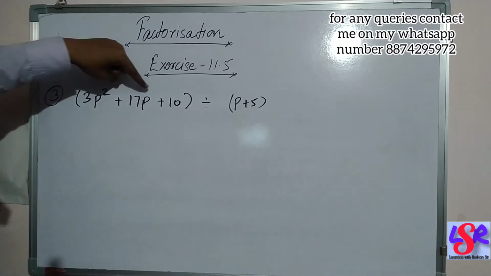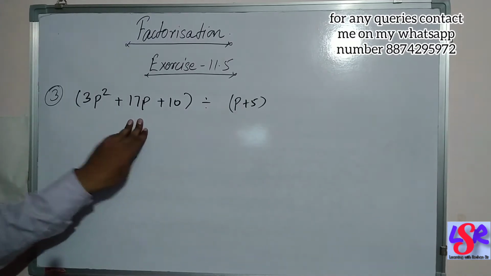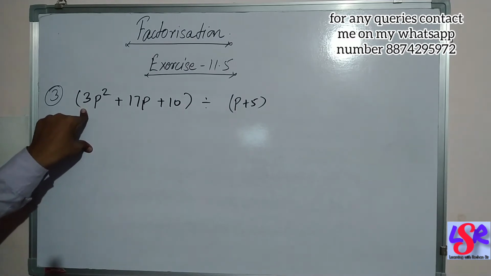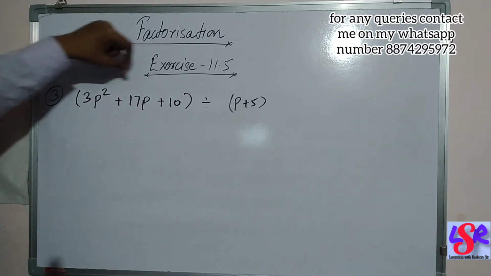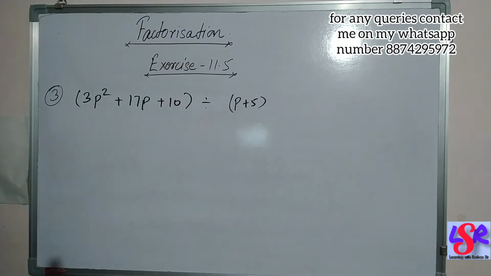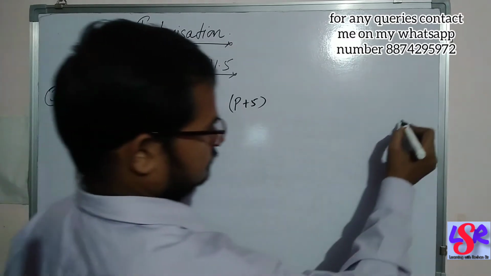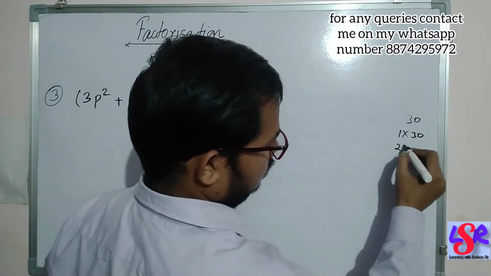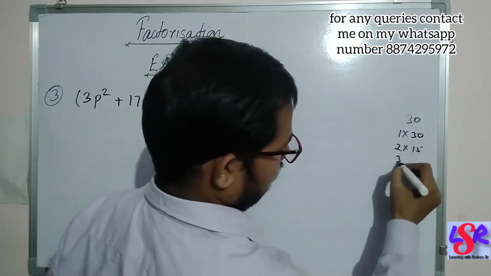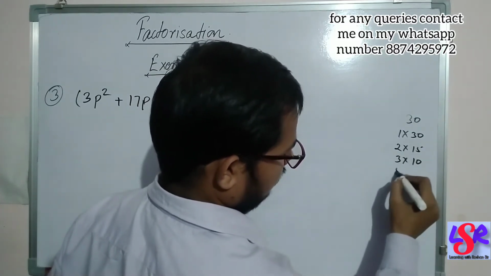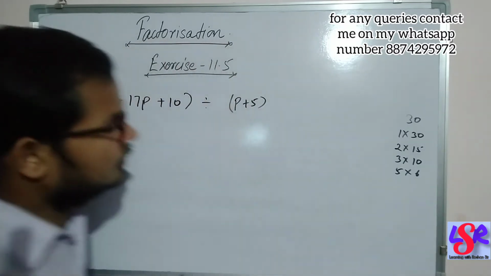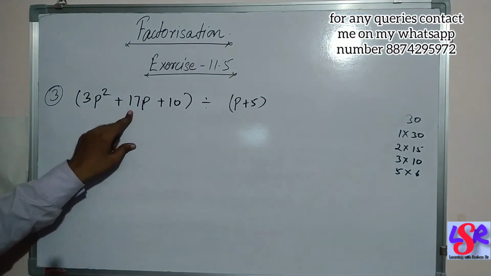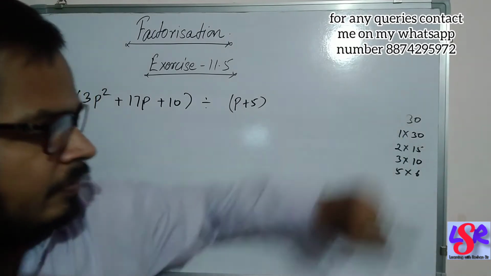First of all, we are going to factorize this, and for factorizing this, we are going to use the splitting the middle term method. For that we are going to multiply 3 by 10, and that is 30. And the factors of 30 are 1 into 30, 2 into 15, 3 into 10, 5 into 6. Now we have to add to get 17. So here we are having 2 and 15, and this will be added,